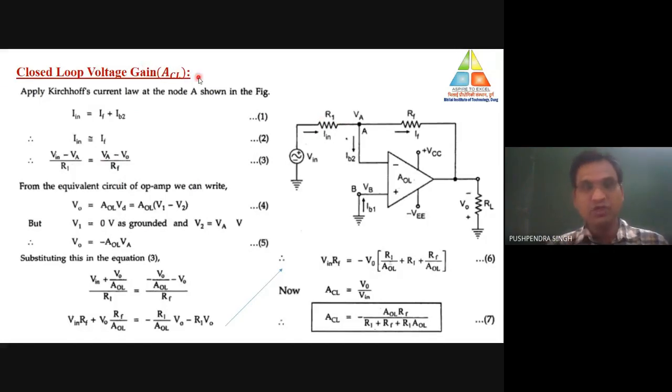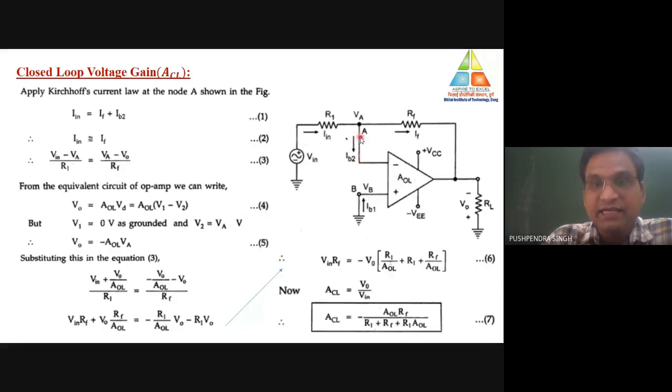Before that, when we discussed the open loop configuration of the op-amp, the open loop gain of the op-amp was infinite. But as we need to reduce the value of gain for the circuit to work in the linear region, here we are using negative feedback. So in this analysis, we will see what the effect of this feedback is on the gain of the circuit when the circuit is connected in negative feedback. So let us analyze the circuit.